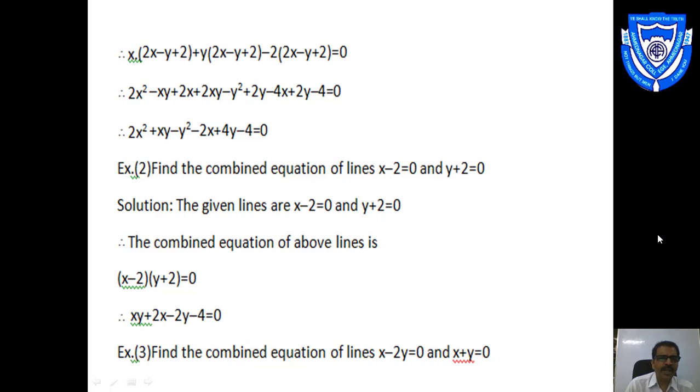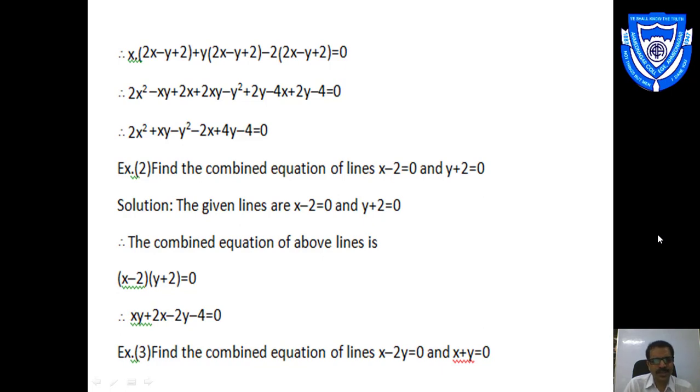Later, how many terms are there including only variable x? There are two terms, plus 2x minus 4x, and the subtraction among them is minus 2x. After that, the number of terms including variable y only: two terms, plus 2y plus 2y. Their addition is plus 4y. And at last, constant terms: only one constant term, it is minus 4.